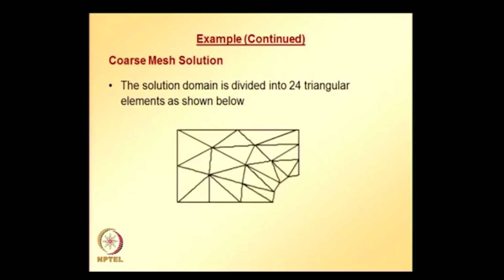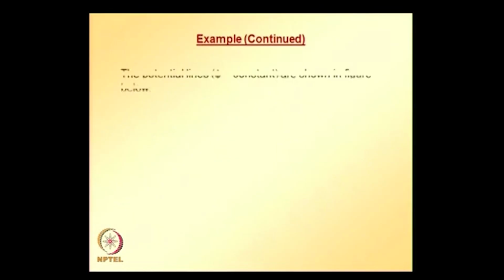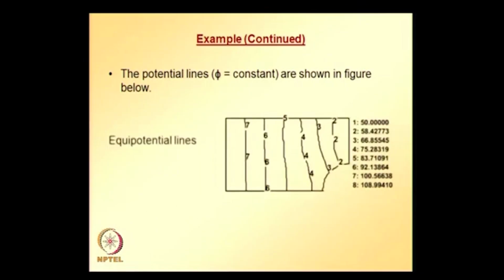The discretization is shown here, and the potential lines, that is phi is equal to constant, are shown in this figure. Equipotential lines: potential lines with phi is equal to constant are called equipotential lines,